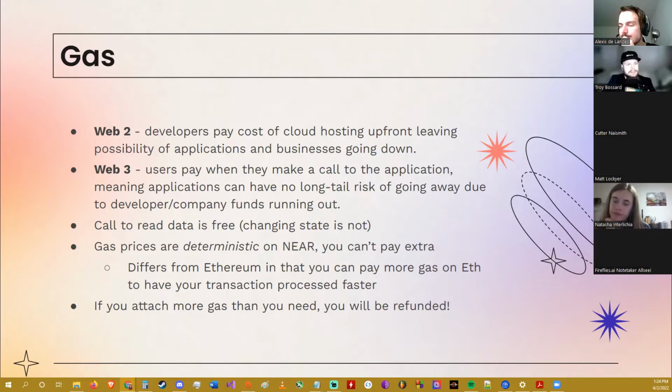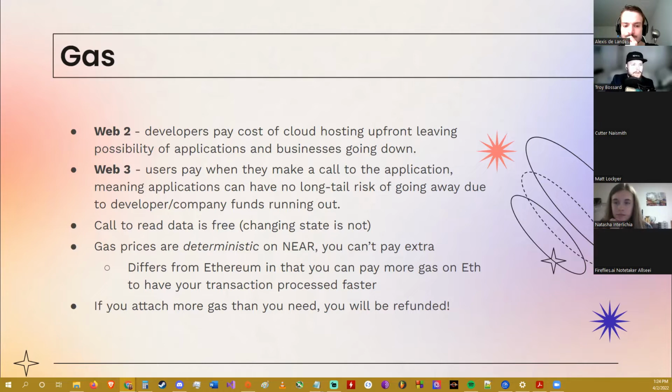But gas is kind of an innovative solution to a problem of application persistence on the web. In Web 2.0, the business developers pay the cost of cloud hosting upfront. And this leaves the possibility of applications and businesses going down. If the business goes defunct and they don't pay their bills for hosting anymore, the application can go down